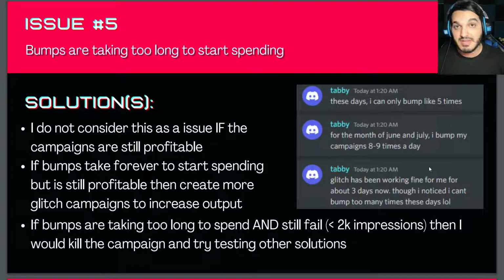For example, I talked to Tabby and he brought up the issue where his bump takes forever to start spending and he only ends up bumping each glitch campaign 3 times max per day because that's all he could do. He did mention that his campaigns were still very profitable, but he was annoyed that he couldn't bump more often. So you can either create more campaigns to increase your output as I mentioned earlier, or you